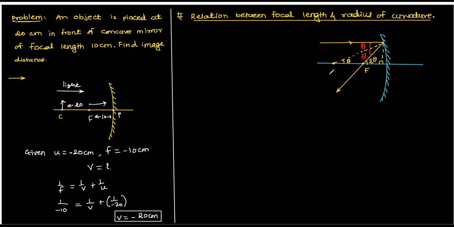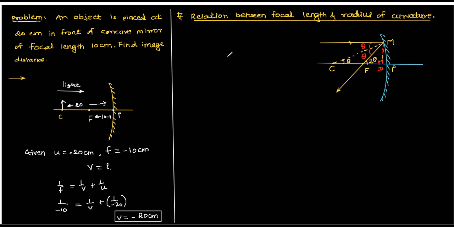So let's give some points here. This is the center of curvature, C. This one is M, the pole of the mirror. And this one I am giving as point D, where we have drawn the perpendicular. Let's change the color so that you will understand. Here I have drawn the perpendicular and named it D, so that you can differentiate later. Understand? Okay, any doubt?